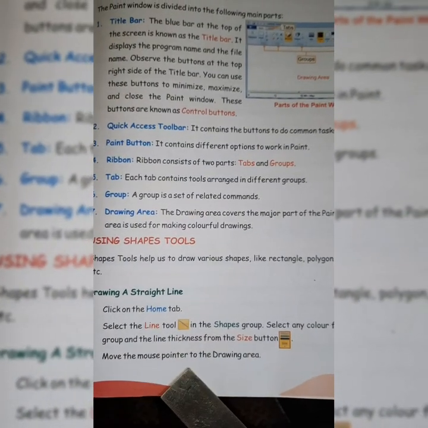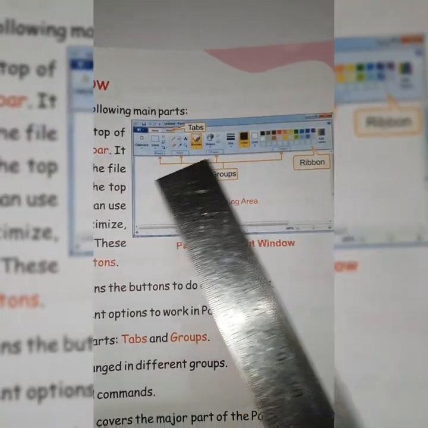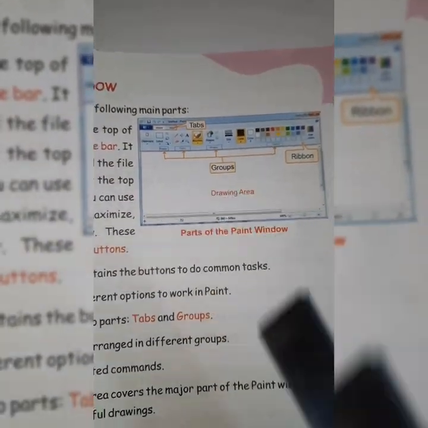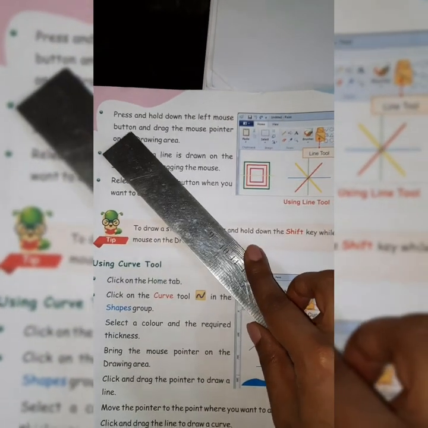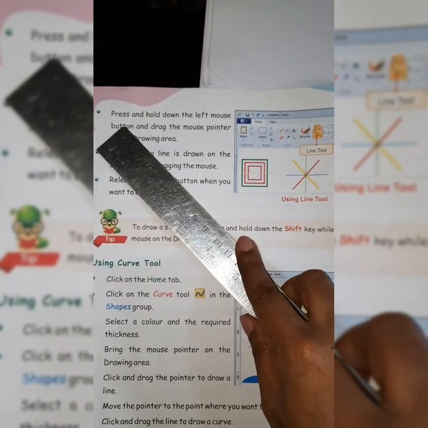Move the mouse pointer to the drawing area. Now you bring the mouse pointer to the drawing area, and as I showed you in the last video, the shape of your pointer will change. The shape will change from an arrow to a 4 line pointer.